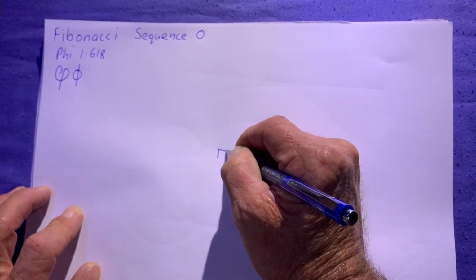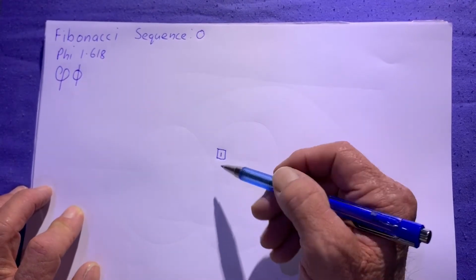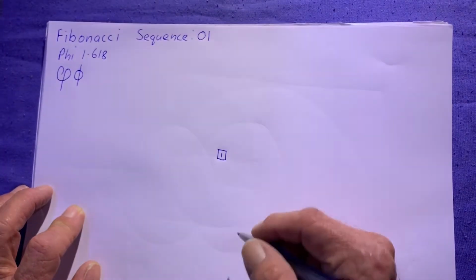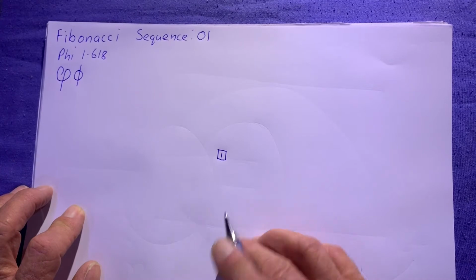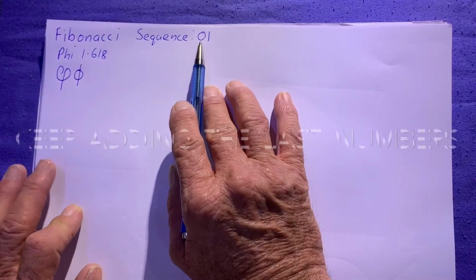When we draw one square, it doesn't matter how big it is, could be bigger, smaller. So that's 1, because we've created something on the page. So if we follow the Fibonacci sequence, the next number in the sequence is